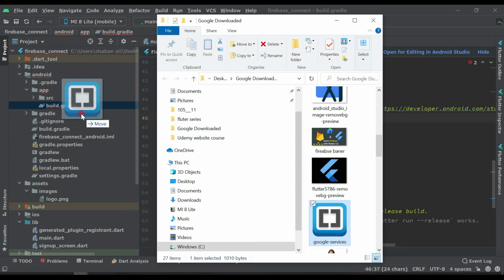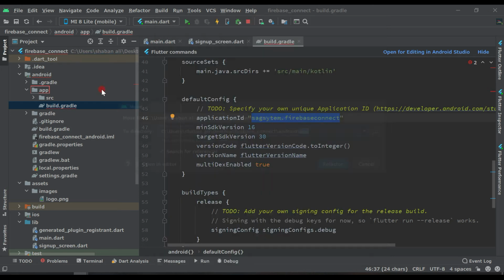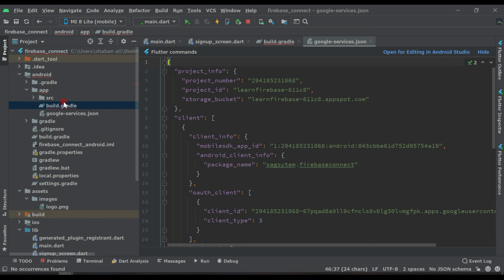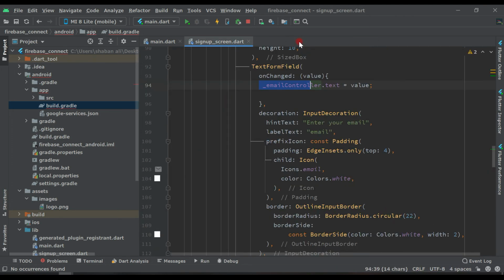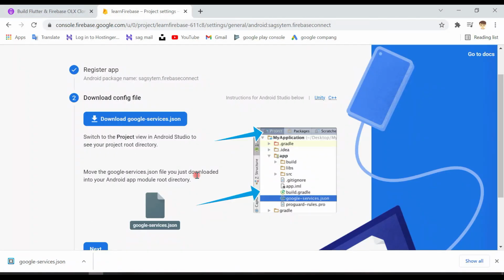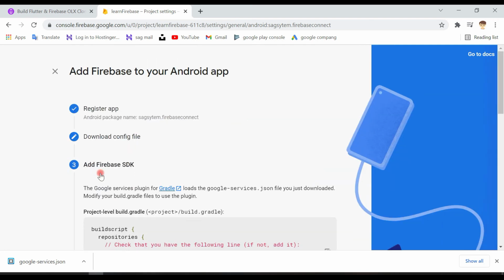Drag this and drop it above this application here. See carefully, drop it on this app and leave it here, then click on refactor, and as you can see, in the app source we have this Google JSON file. Make sure you drop it on the application after dragging. Now close this file, come here and click on next.